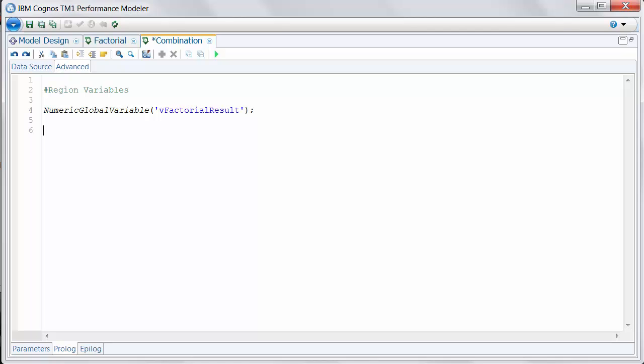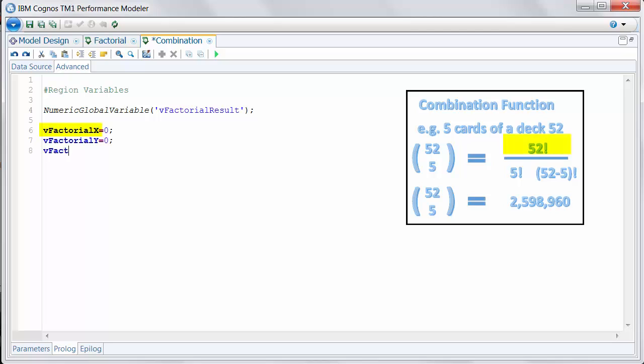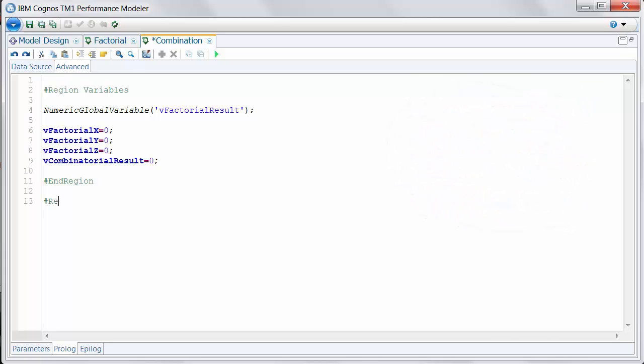You want a name that's unique to the process result so that you're not confusing things if you've got a lot of processes using this technique. Don't use a name that's ambiguous like result or X or Y or something like that. The next set of variables I'm going to create here are going to be local variables that are going to store the result of my factorial function for the necessary constituents of this formula. I'll add another variable to store the result of my combinatorial function, so my final result, close my variables region